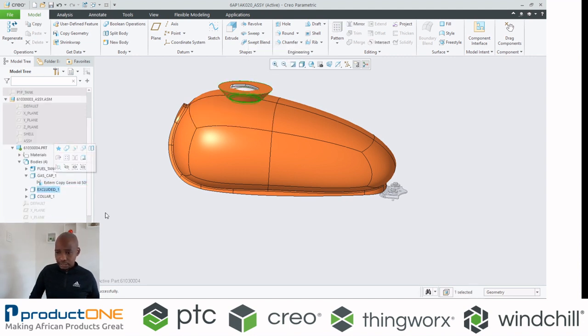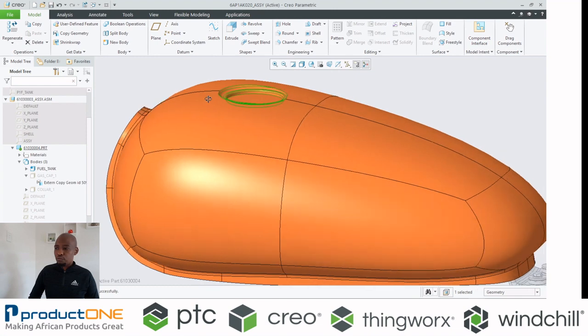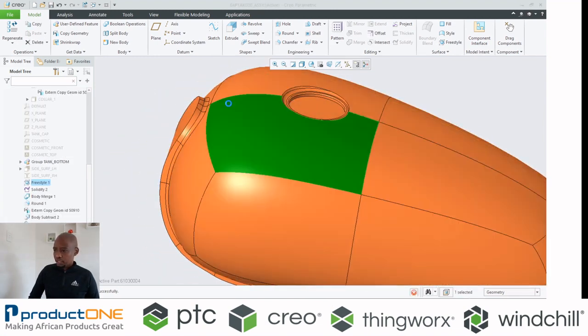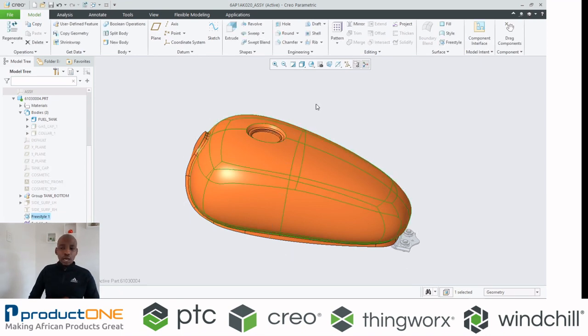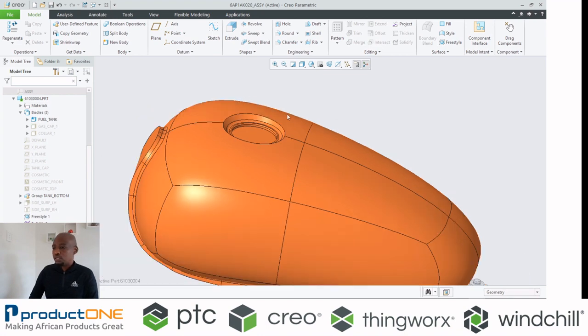Okay, so now this enables me to do the following. I can say I want to take the collar and the cap, and I can hide these. The reason for this is I can use a Boolean operation again and say I want to modify this geometry and that, but this time around I want to remove material. Oh, there we go. Of course I can go back into my freestyle and take this slightly up, because I want the cutout to be a little bit more profound, which is what I have now.